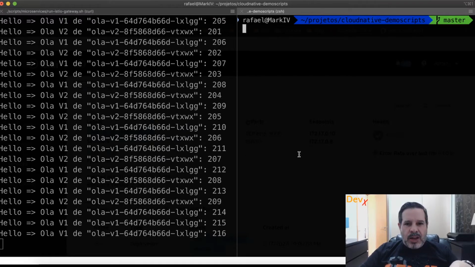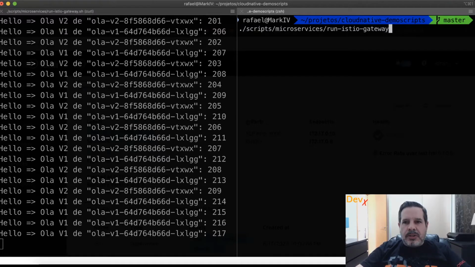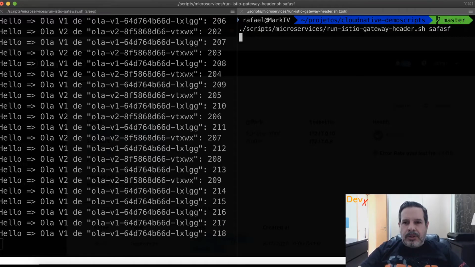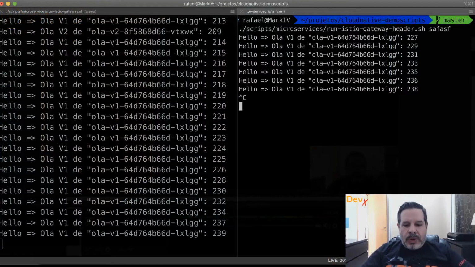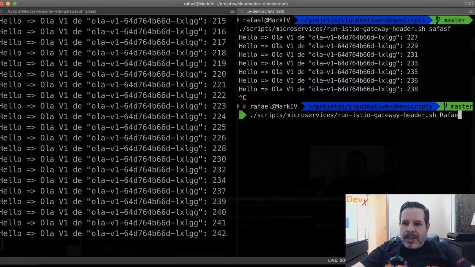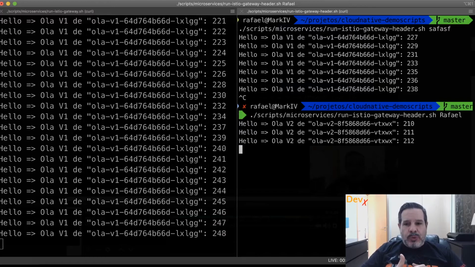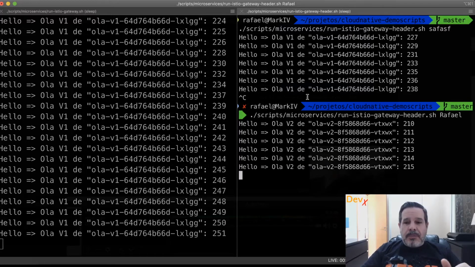We have V1 receiving traffic, but if I call my microservice using any other header, we'll see the reply from V1. So we have V1 receiving requests, but if my header is exactly Rafael, we'll see V2 replying. Okay, so this is really nice for A/B testing.